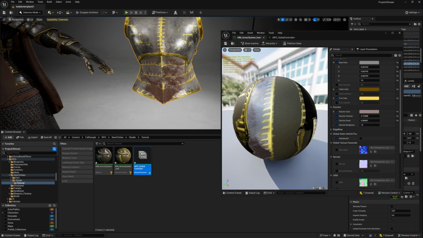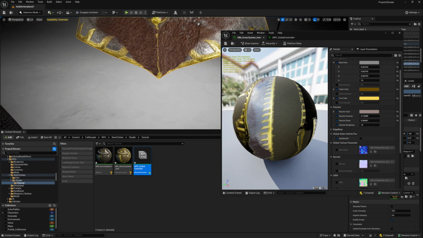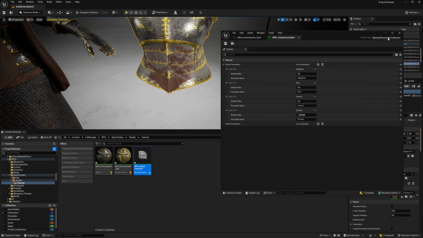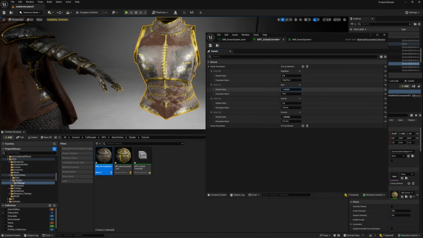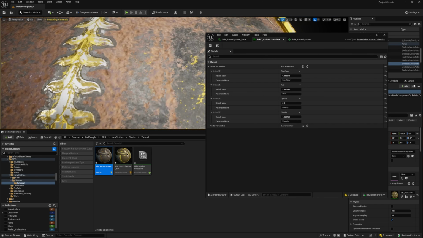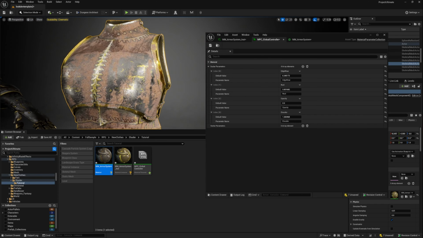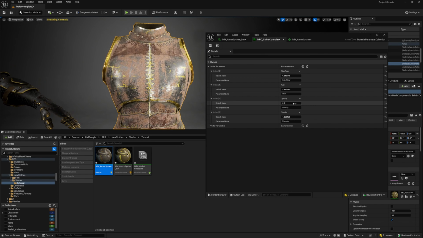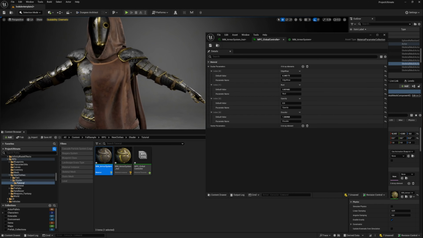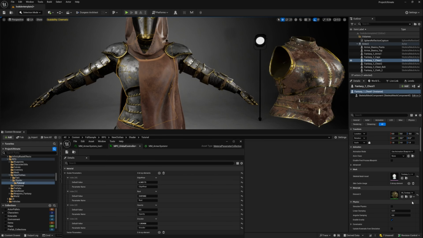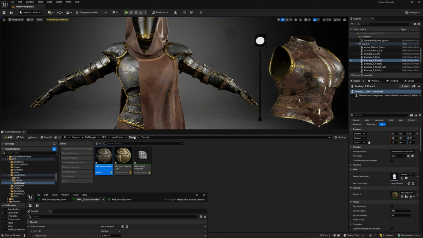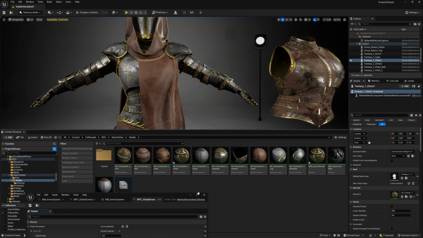And if you're running into an issue like this, where it's getting rid of the normal information, then what we can do is go back into this material, and then we could try the rust here. So start increasing that. Try the edge wear, increasing that. And so you start to build this layered sort of system, and then all you need to really do is just start playing with the parameters. And as you play with the settings, play with the parameters, start adjusting everything, then you'll get a better effect